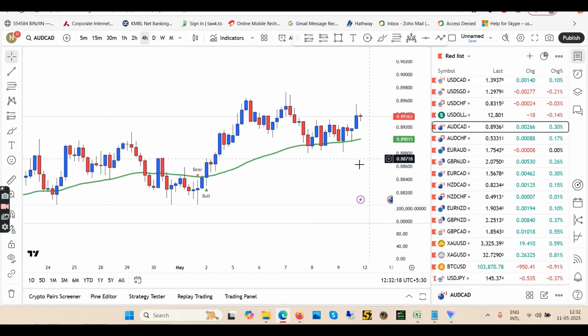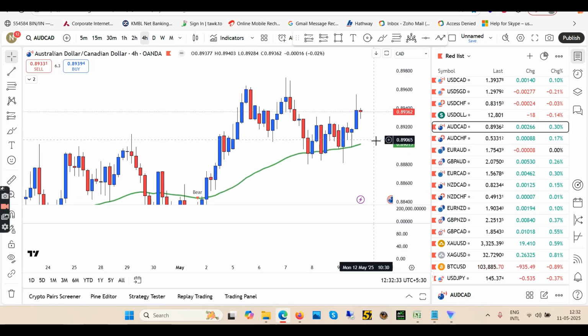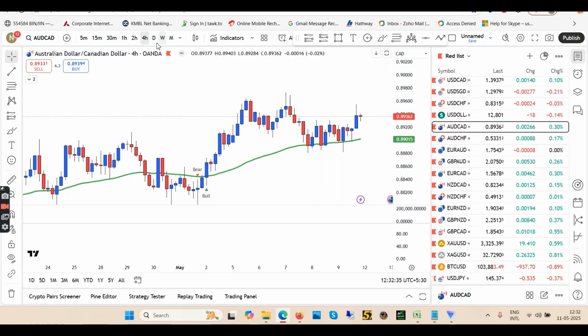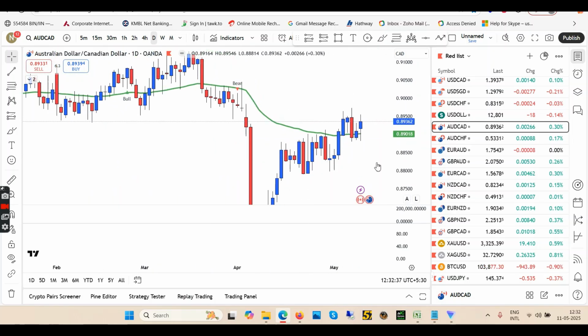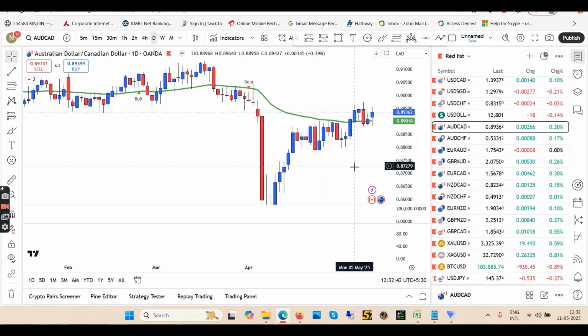Okay, so what you should do is you should only look for longs after the pullback. Okay, so we had this small downtrend, then again we touched the EMA and then we broke this previous high, then broke the previous high again. So wait for the pullback and then again go long. Okay, so long story short, look for buy or longs in AUD CAD, and I am not